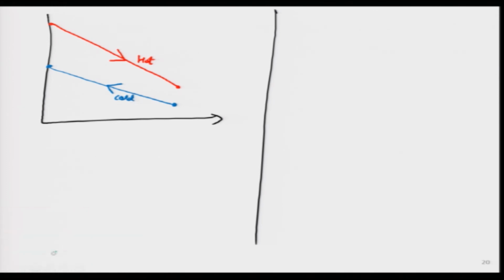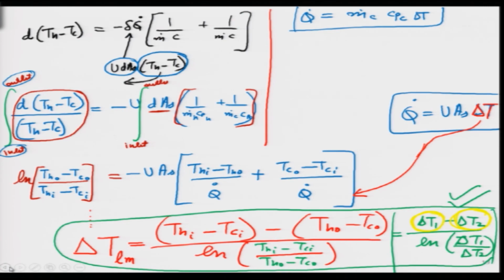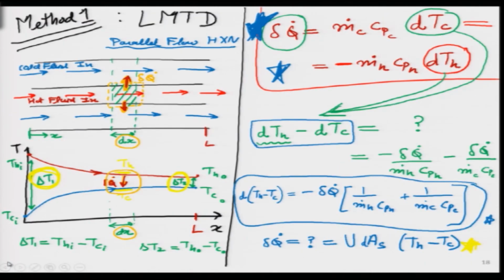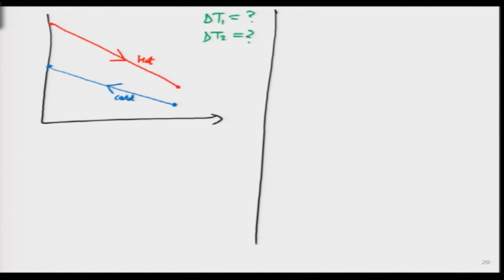So, I will take green ink and I want to find out graphically what is delta T1 here and delta T2 here. Why is it important to learn things graphically? Please come back over here. All this long exercise we have done. Remember, this was slide 19 and slide 18. A very, very long exercise we have done. Very quickly we can understand the physical significance. Just draw the delta T1 over here. This is the delta T1 inlet, not inlet 1.